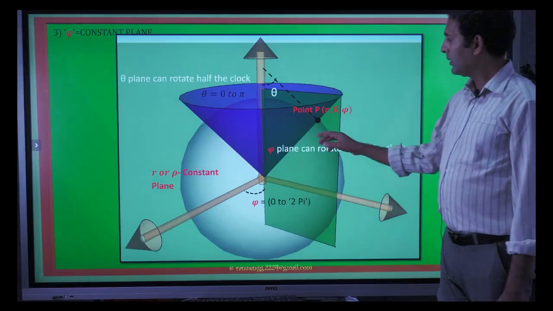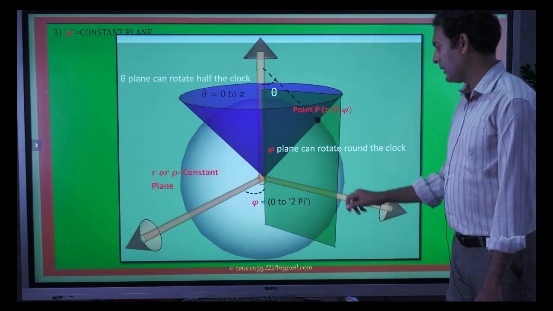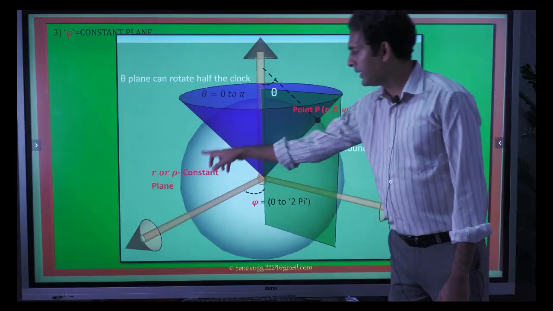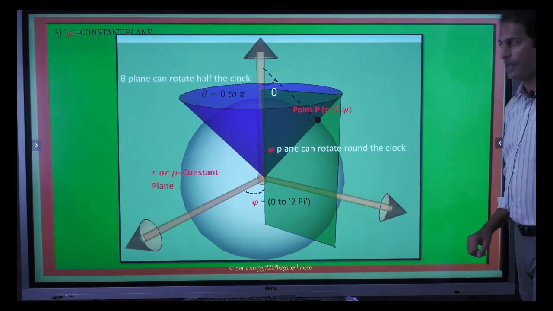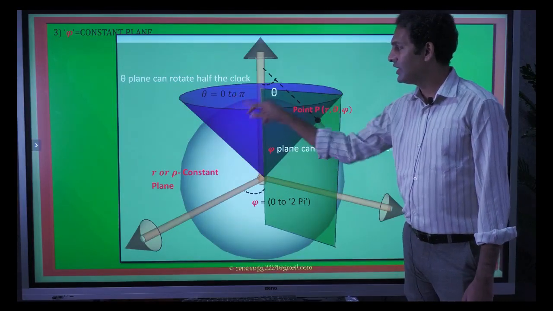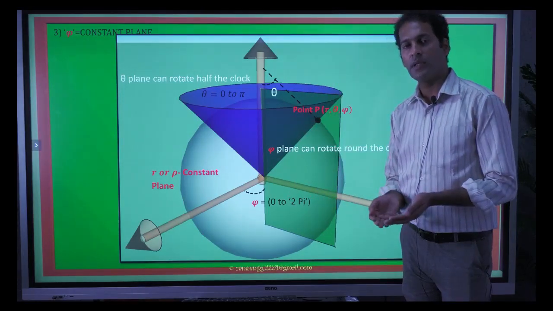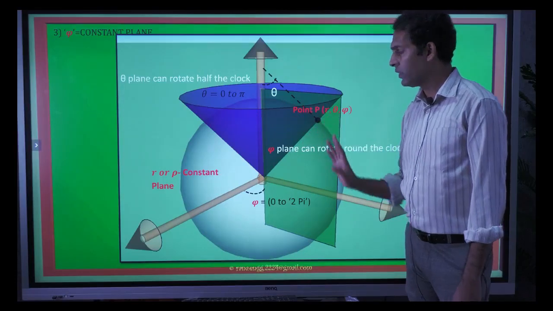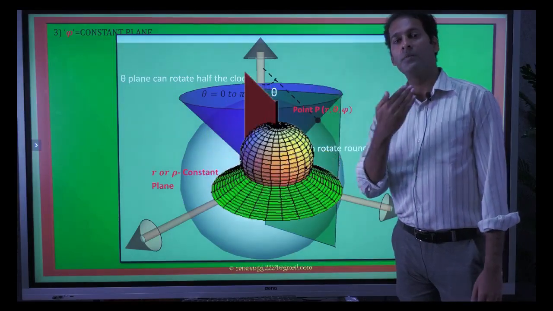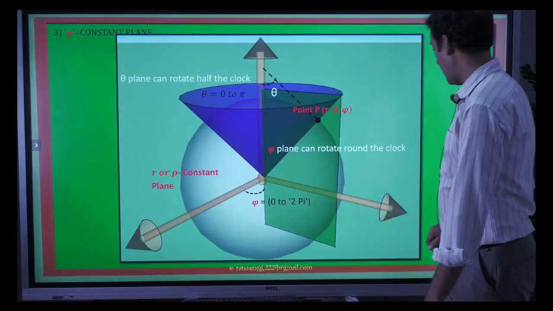Here we can see a point P. This is angle theta, which can be from 0 to pi. This is angle phi, a complete rotation, 0 to 2 pi, and there is a radius r constant surface. This conical shape is just for representation purposes. The actual shape is not there, it is just a sphere, and we are just changing angles from one side to another. This plane is also just to show that there is a plane which can be rotated, as we discussed in the cylindrical coordinate system class. You can refer to that class for more details.